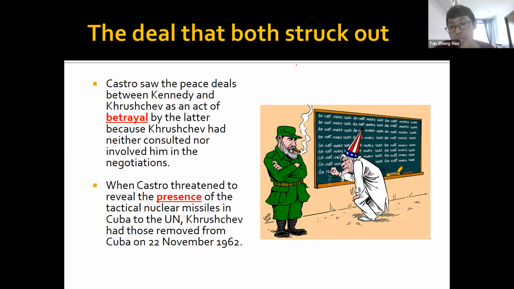But Castro at this time was very panicky. Khrushchev was taking away the big missiles. The relationship between Khrushchev and Castro started to worsen a little, because Castro was wondering why Khrushchev was negotiating with President Kennedy, with the USA. When Castro threatened to use the nuclear missiles left in Cuba, Khrushchev said, you know what, I don't want to risk it. I'm about to get peace. I will now take away the remaining tactical nuclear missiles from Cuba as well, to save myself the trouble.